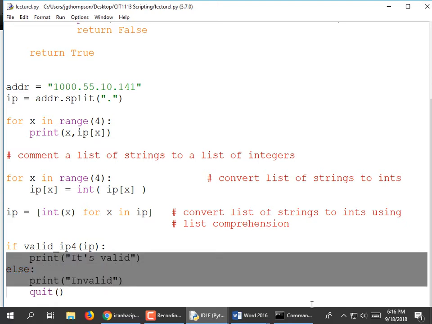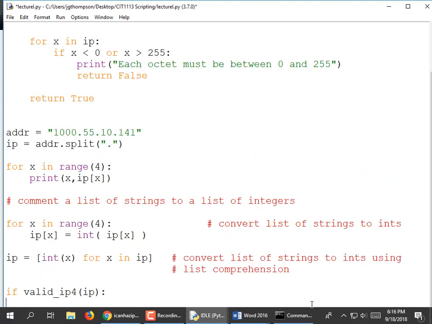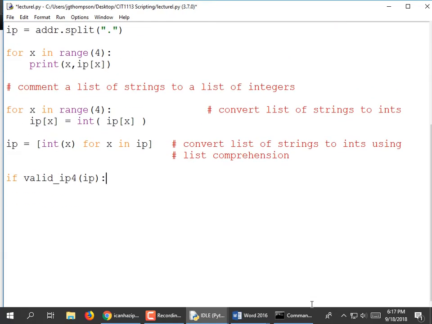Here's what I'm going to do. I'm rewording the logic down here at the bottom, and then I need to stop and actually make sure that everybody else has got the typing okay as well. If valid IP address, we could do this, equals false. That's one way of doing it. Or I could put the word not in front of it. I'm going to pick one or the other. I'm going to put the word not there. So if not valid IP address, print